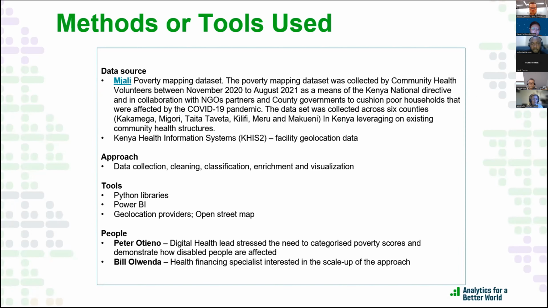In addition, I've also used some data from Kenya Health Information System. It's open source data to be able to get the facility geolocation data. So in terms of my approach, I did some data collection, some cleaning, the classification of the poverty scores. I did some enrichment from other external open source data, and then finally visualization. The tools that I've used were Python, Power BI, and also other geolocation providers to be able to strengthen the data